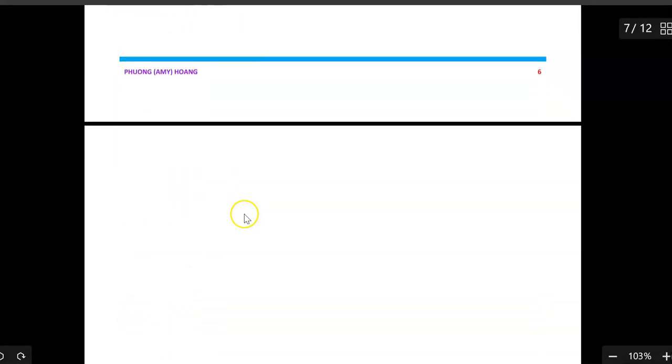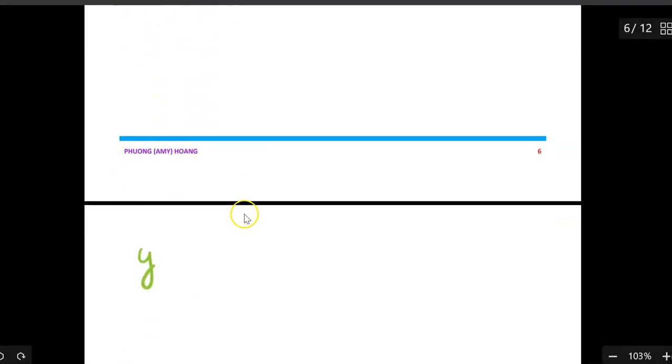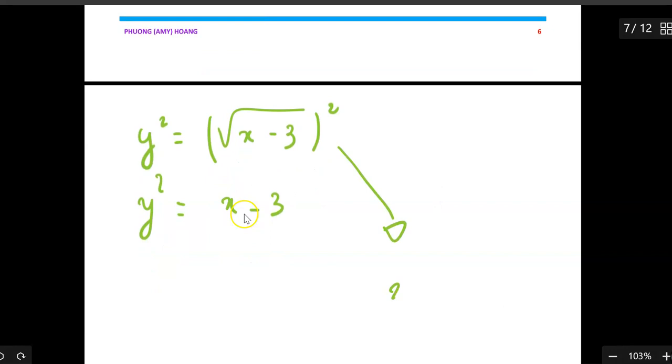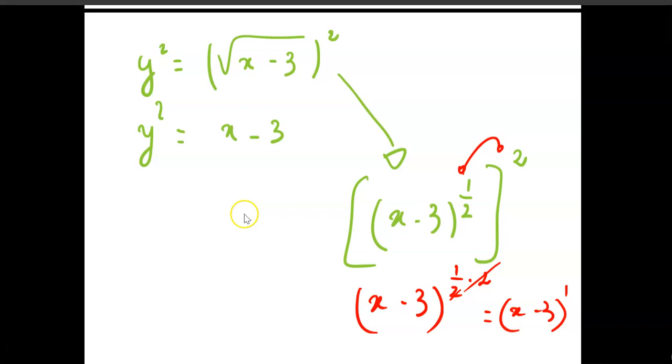Okay, so x minus 3, let me write this one. I have room here. I will write it like this. Y squared equal to the square root of x minus 3, all of it squared. Why does it become just x minus 3? Because this one is x minus 3, and you convert the square root to the exponent one half. All of this squared, isn't it that you have to take a half multiplied by 2? So x minus 3 to the one half, multiplied by 2. So this cancels out, and you should have x minus 3, all of it to exponent 1. So in this case, if you have a square root,